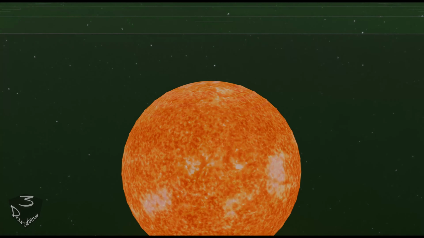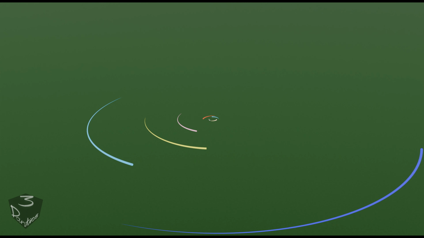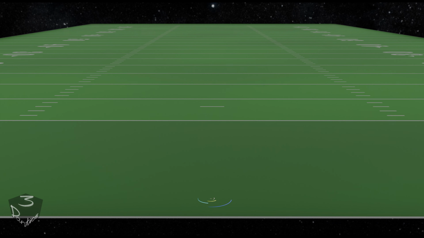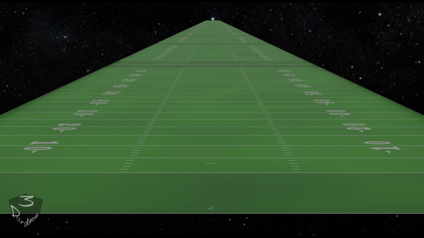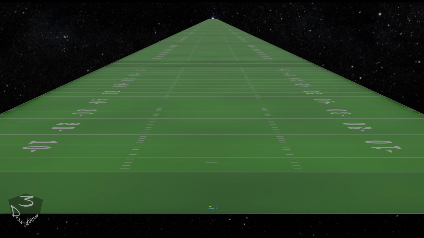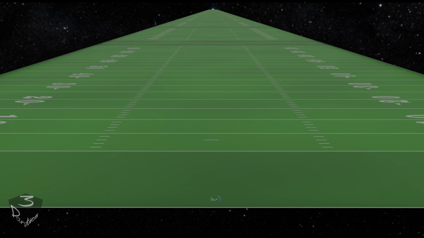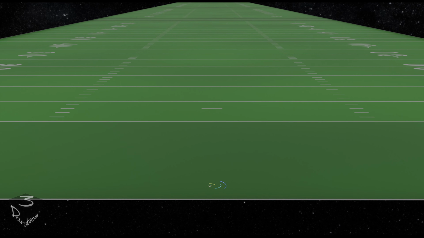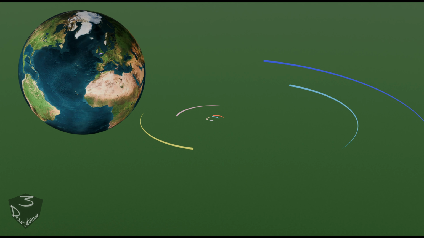If we revisit our yoga ball and football field, and the yoga ball is now the solar system up to Neptune, then we will have to cover more than 30 football fields to get there. It's 4.25 light years away. The fastest any space vehicle has left the Earth's atmosphere is 57,600 kilometers per hour. That's almost 1 million meters every minute, 16 kilometers every second. That's very fast, and at that speed you could fly from London to New York in under 6 minutes.